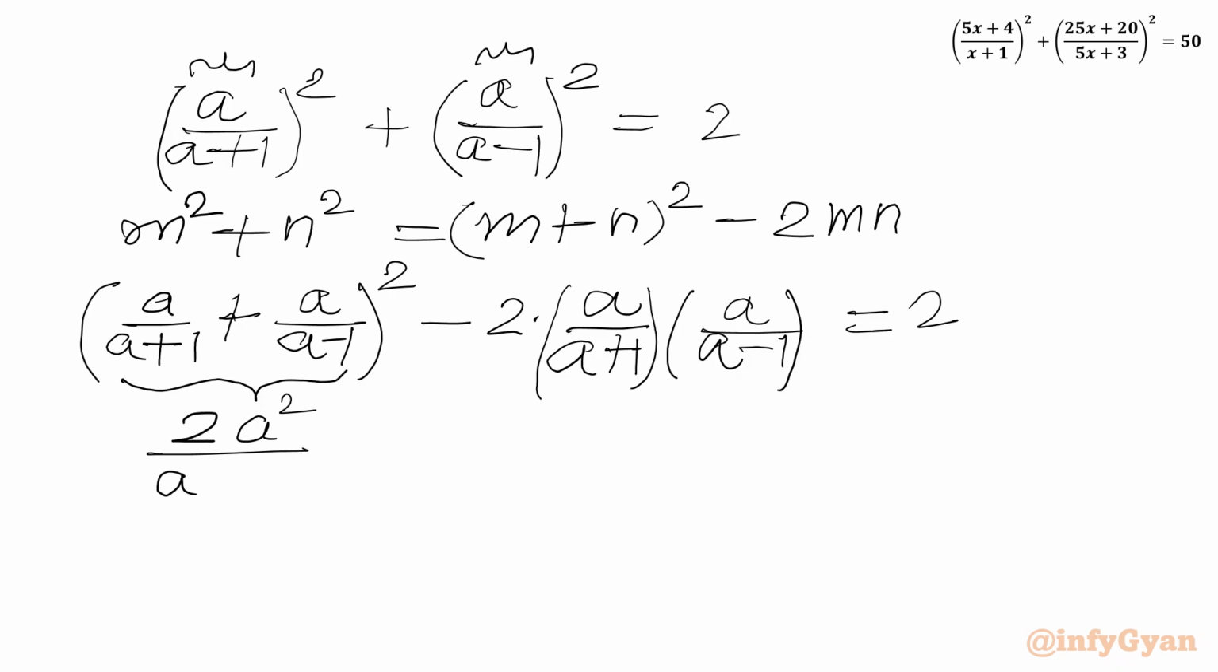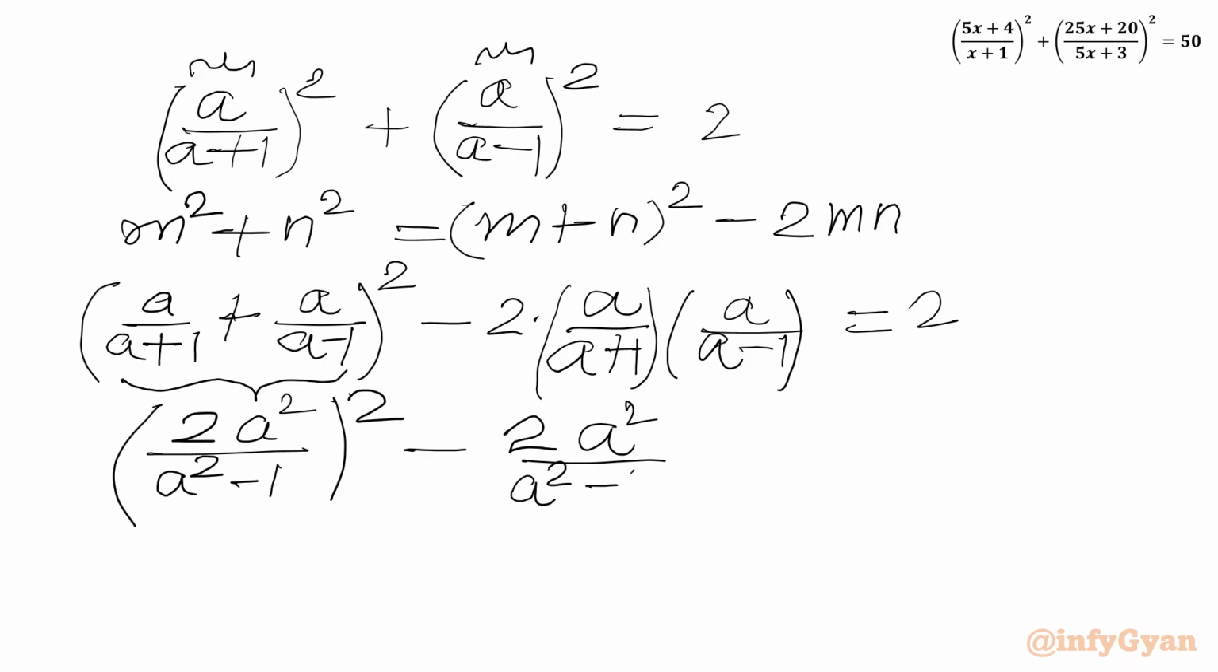Here we can apply difference of squares formula and we can write a square minus 1, and then we have minus 2 times a square. Again we have a plus 1, a minus 1 in the denominator. We'll use difference of squares formula. We'll write a square minus 1 and RHS is,